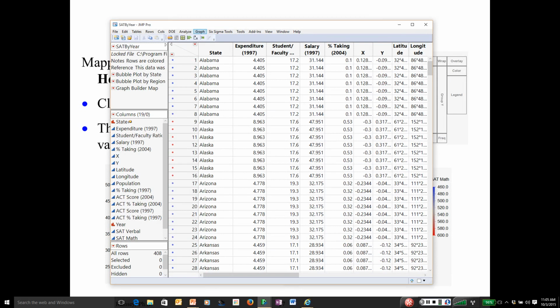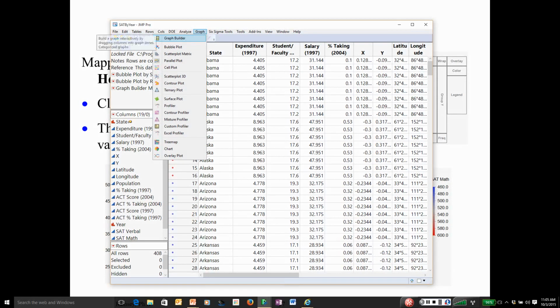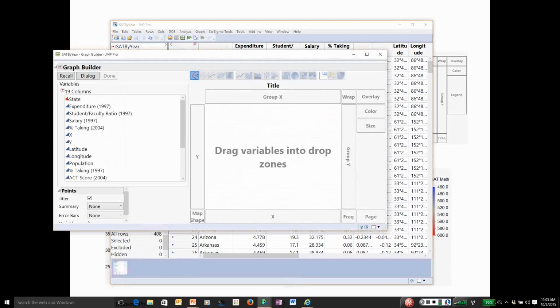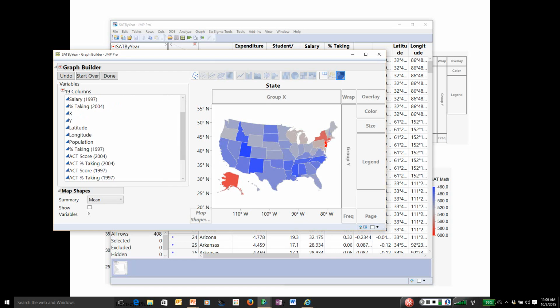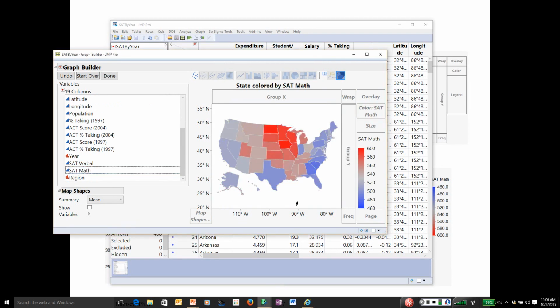So I'm going to go to Graph Builder. Notice this is map shape. So I'm going to drag map down. Notice suddenly we have a map, and that's because there is a mapping file that JMP recognizes by the keyword state and triggers a map. And at this point you could drag over things like SAT math. I'll drag it onto the map, and essentially what you get is a heat map based on states,